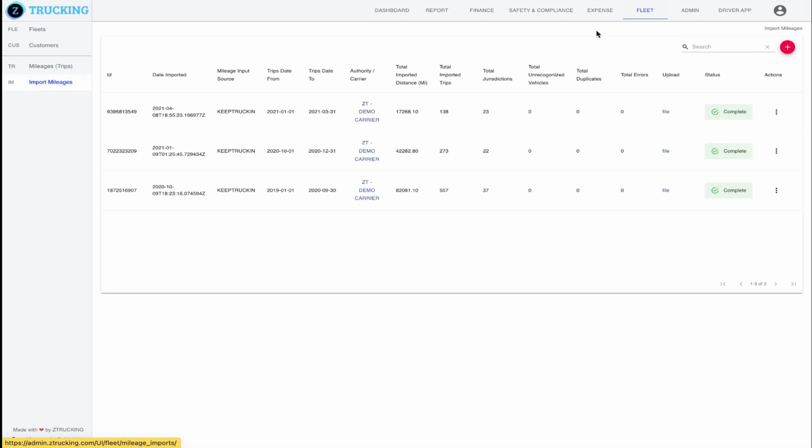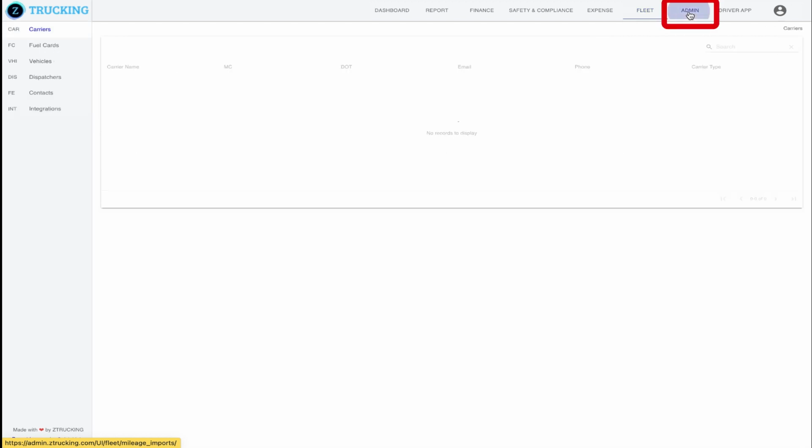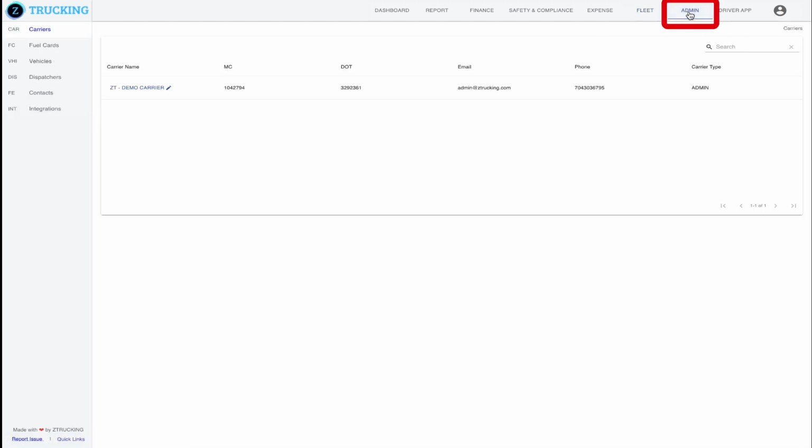manage your fleet. The Admin menu is located next to the Fleet menu, and it allows you to organize your carrier assets and perform administrative tasks. Within the Admin menu, you will find the Carrier submenu, where you can access carrier information for the carriers you